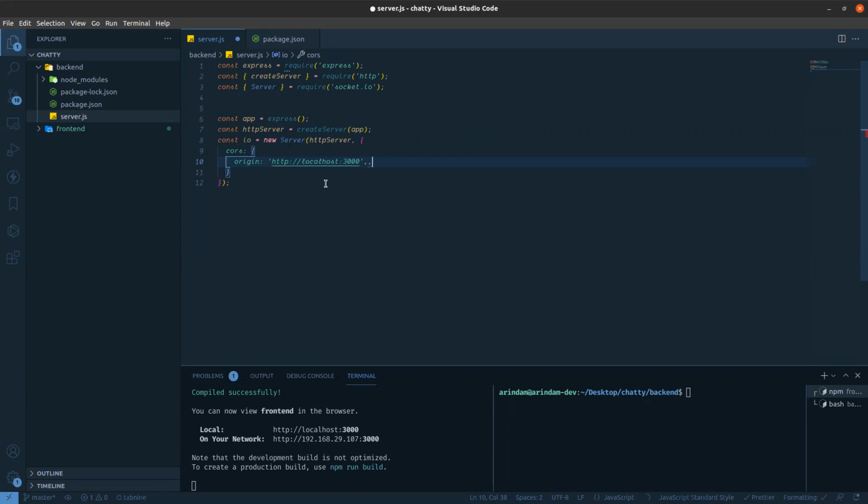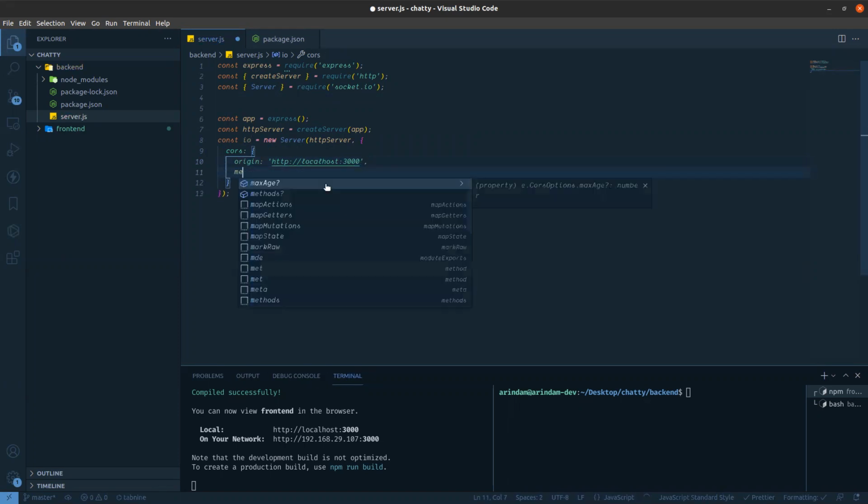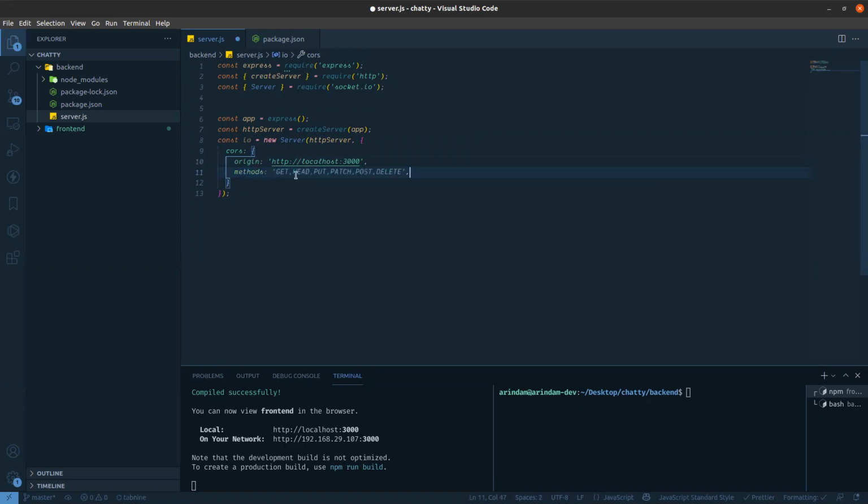You can also allow some methods, like get and post, but it's not needed. You can keep it blank also. I'm just showing it, and you will understand later when you are using it. If it's needed at that time, then you can use it. Okay, so this is the IO.